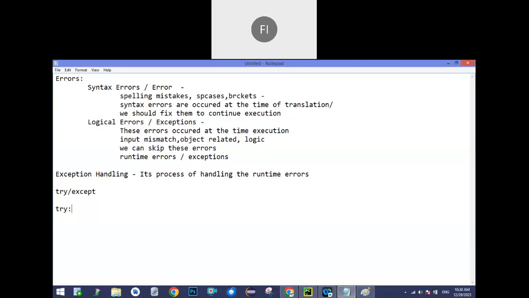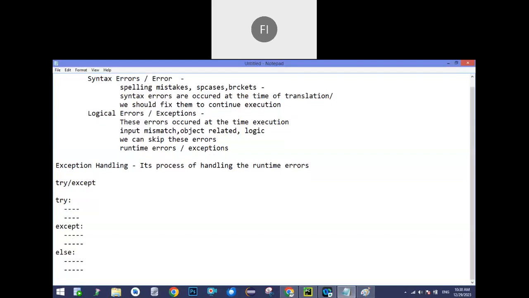So here you will write the syntax also. Try, colon, and then some lines. And after that, as I mentioned, except, some lines we have. And after that, else. So this is the syntax for blocking.